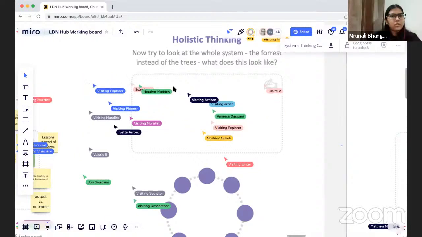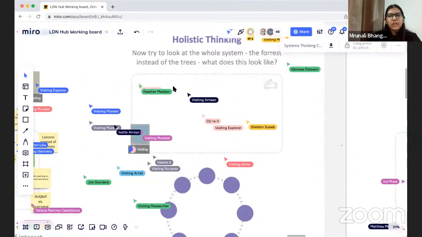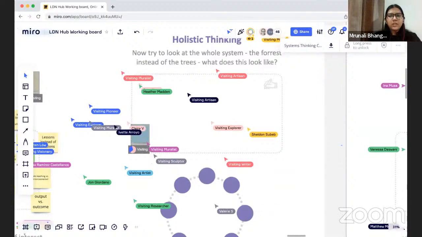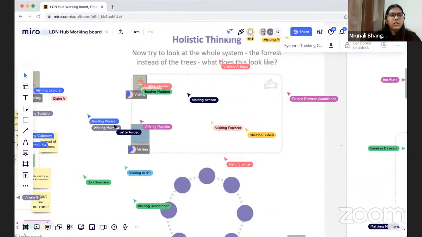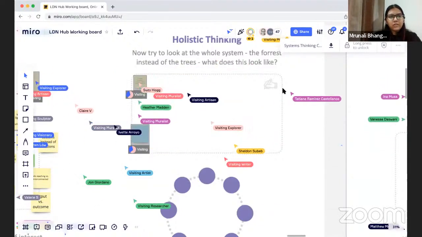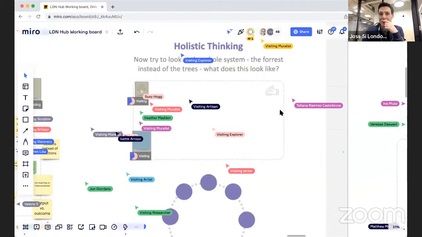Let's just take one question before you proceed. So there's a question which says, where can systems thinking not be used? When can systems thinking not be used? Yeah. Well,